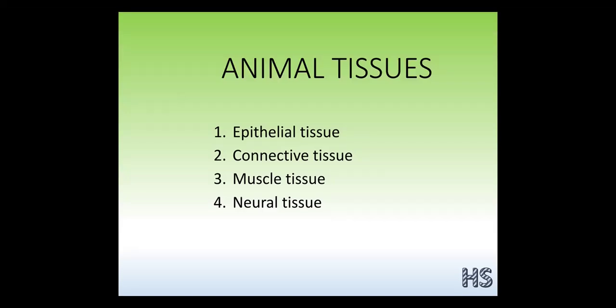Hello students. So this is the second part of the tissues chapter. In the previous lecture we have completed the plant tissues. So today we are going to start with the animal tissues. Okay. So there are basically four types of animal tissues: the epithelial tissues, connective tissues, muscle tissues, and the